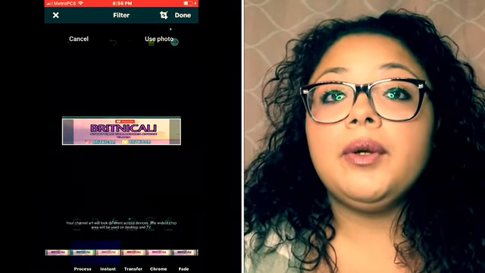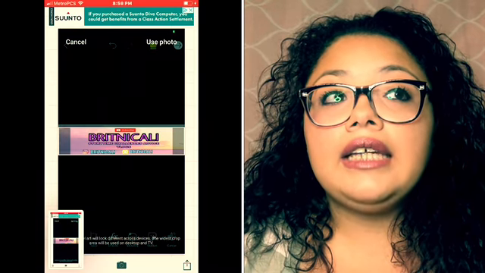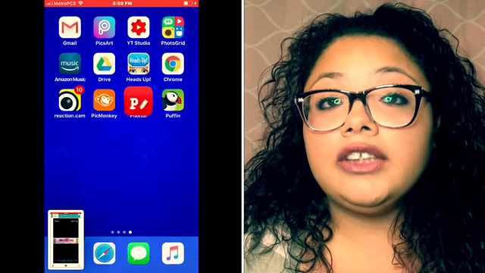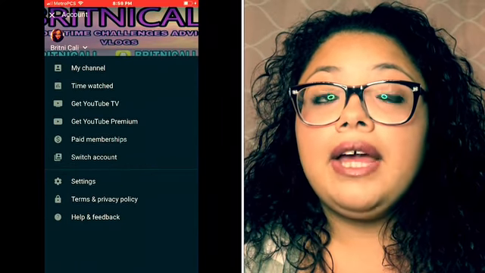Choose the photo that you snapshotted from the previous app. And then after you upload the photo onto the app, you can just snapshot it right then and there. And that's pretty much all you're gonna have to do. Alright, and then after you are done with that, you can log out of that app and then go onto the YouTube app,